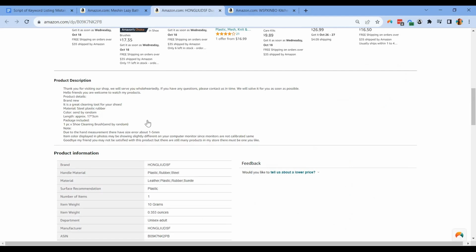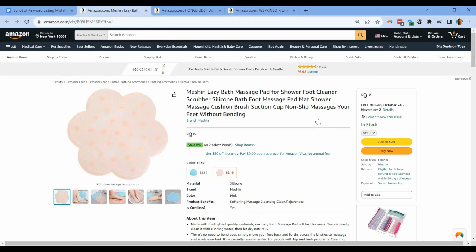And then the last example would be this one, Lazy Bath Massage Pad for Shower. Then it's now foot cleaner, scrubber silicone, bath foot massage, pad mat shower massage, cushion brush suction cup, non-slip massages your feet without bending. So this can be written in a clearer way that can be easily understood by your audience, but instead it really again is very confusing in terms of thought processing.